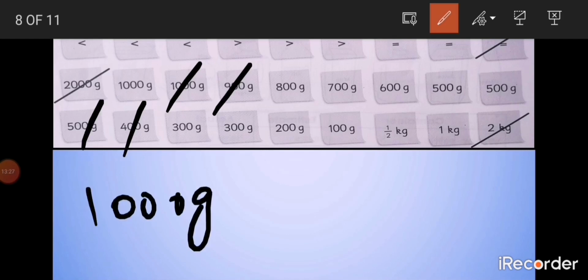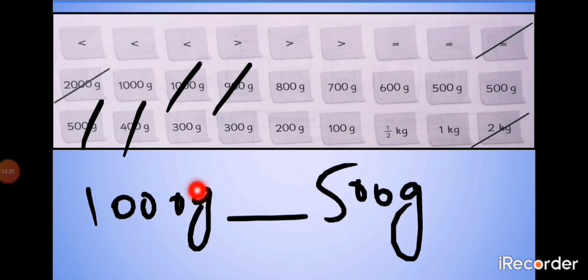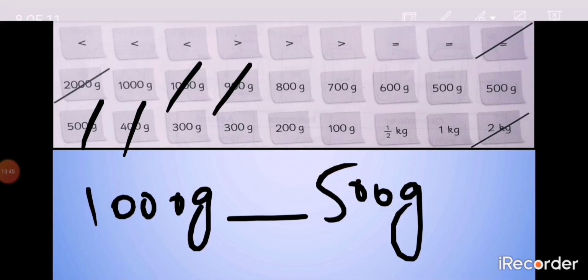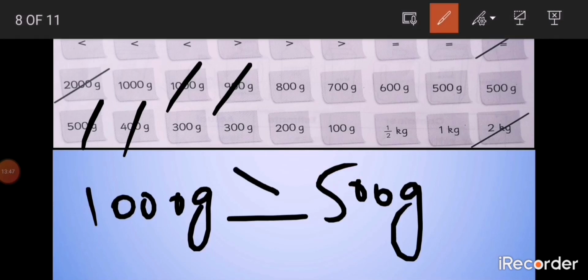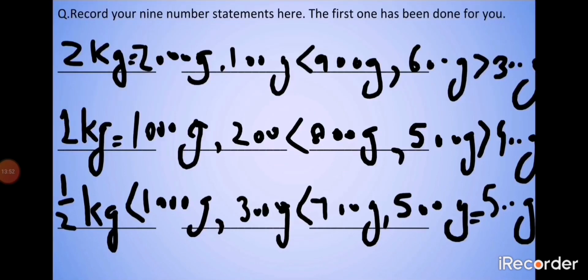1000 grams, right? And 500 gram. Can you tell me, is 1000 gram greater than 500, or is 1000 less than 500, or are they both the same? Yes, they are not the same. So 500 gram is less than 1000 gram because 1000 is bigger than 500. So again we will put the greater than sign, open edge towards 1000 and pointed edge towards 500 grams. So I'm writing my number sentence here: 1000 gram is greater than 500 gram.